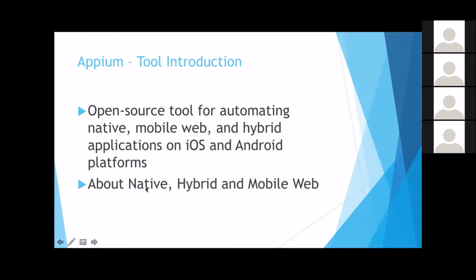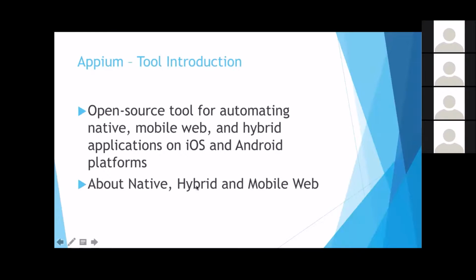Coming to native and hybrid. Native applications are those which are written on Android Studio using Java or Android. Java is the base language from which Android is extended, and native elements do not have any HTML, CSS or those kinds of web technology elements. So this is pure native. All the things are written using Android code, and there is no web element involved.